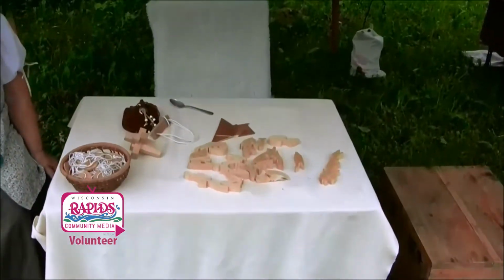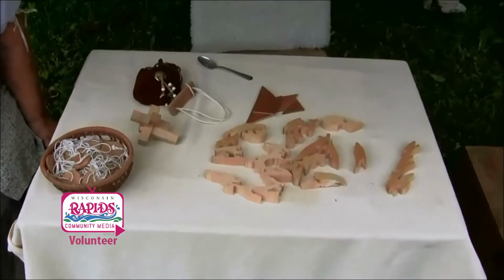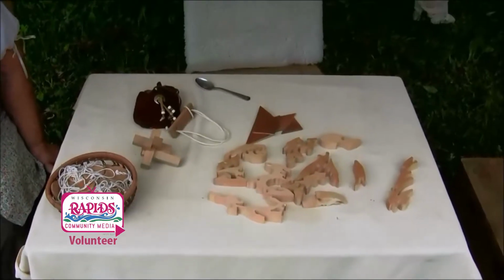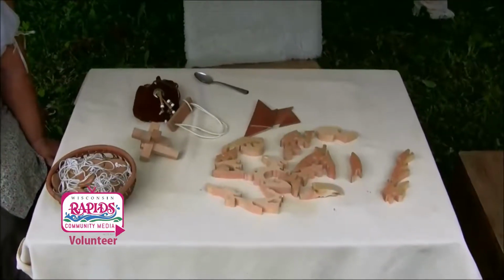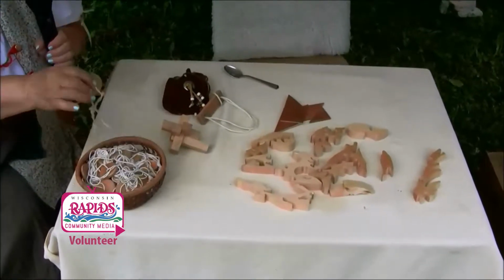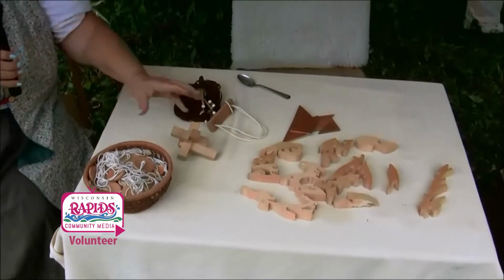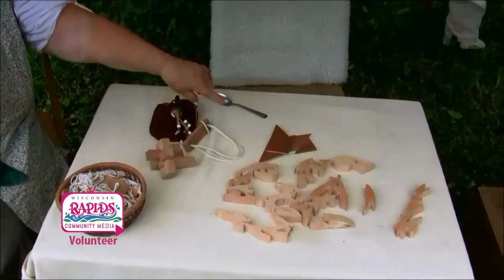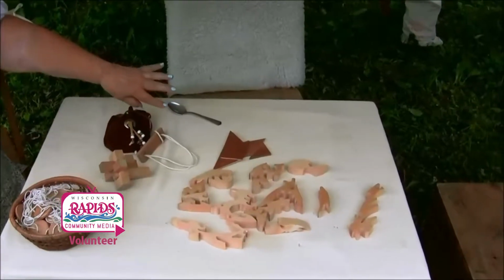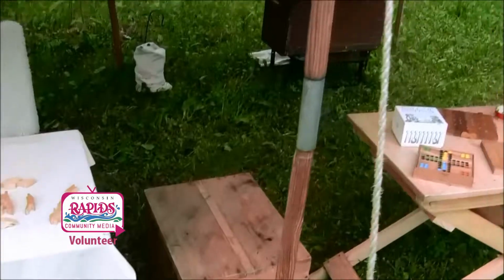Zooming in on the table, you see my puzzles. Again, the wooden puzzle, of course, has no colors, no corners, but a wonderful puzzle for kids to put together. In the basket here, we have our button on a string. They're called whirligigs. We also have unique puzzles for adults. That one is like a tangram, goes on the letter T. But if you come over here to my games,